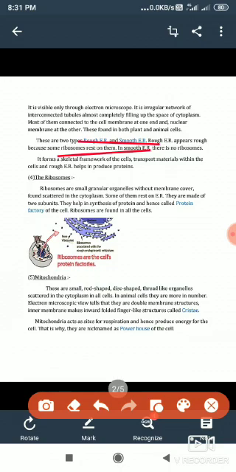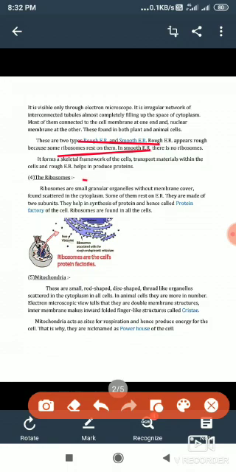And what does this endoplasmic reticulum do? It makes a framework of the cell. Being tubular and network in nature, it transports materials within the cell. And since ribosomes are resting on it, it also assists the process of protein synthesis, because ribosomes are organelles which synthesize protein. So they help in protein synthesis.